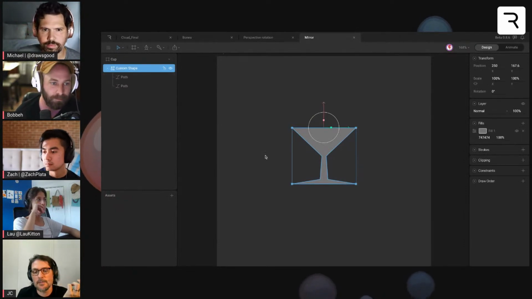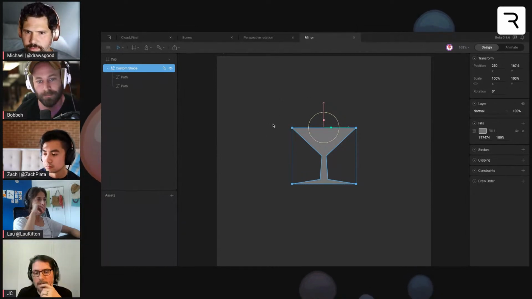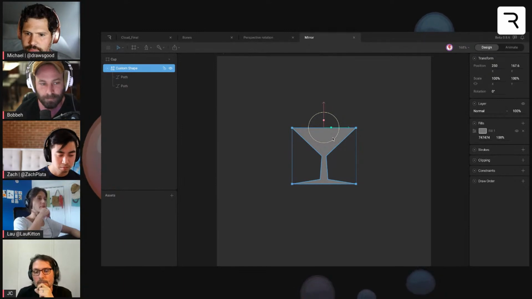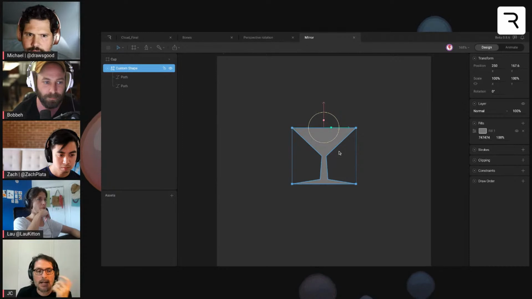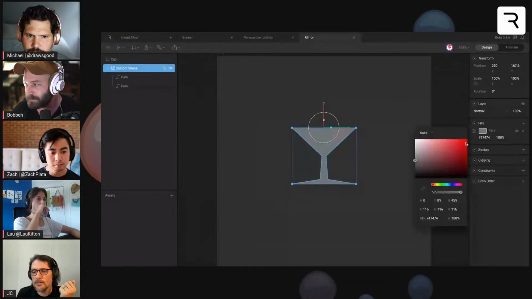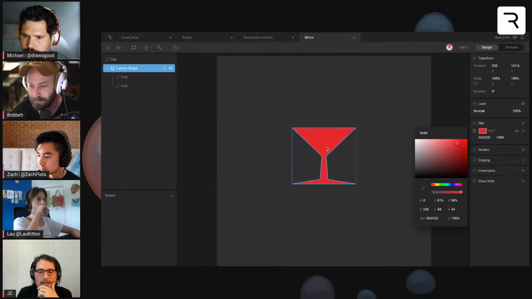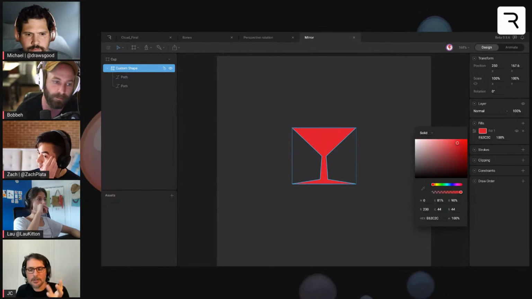And this is perfect. I can draw the middle of the face, the middle of whatever you want, and duplicate the path and invert using -100. And now you can change the color, or you can add gradients. The only thing that doesn't work that you need to know is